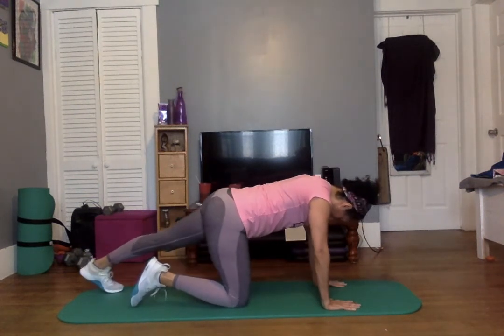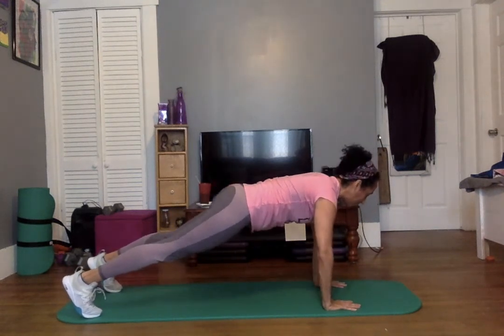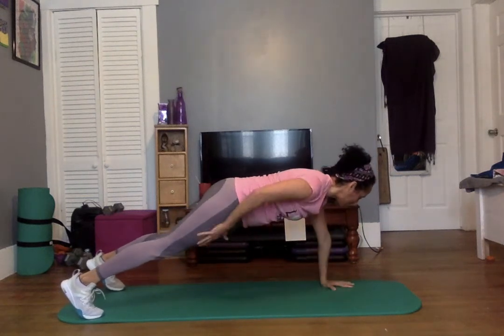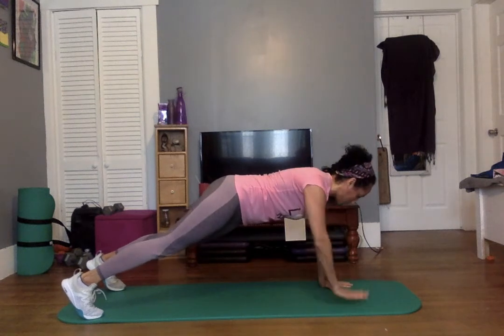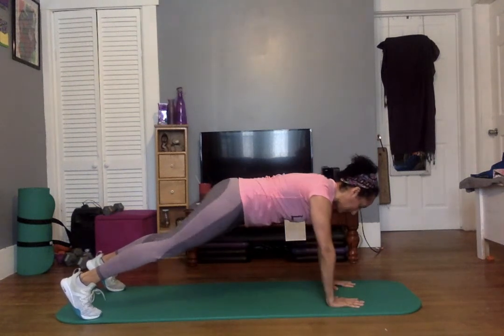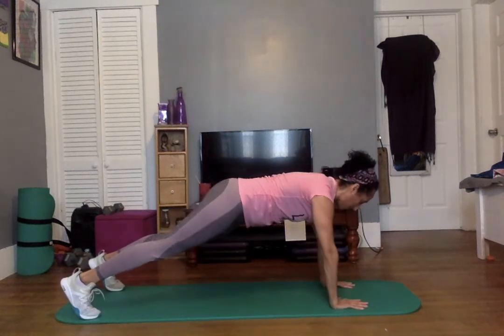All right, let's plank it out. Boom, boom. Boom, boom. This is it. Shoulder taps, leg taps. Shoulders. Pull that belly up and in. Back is nice and flat. Drop that booty. Plank. Breathe. So whether you are on your knees, in a full plank, on tabletop,